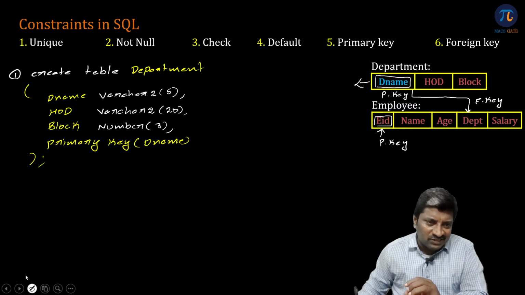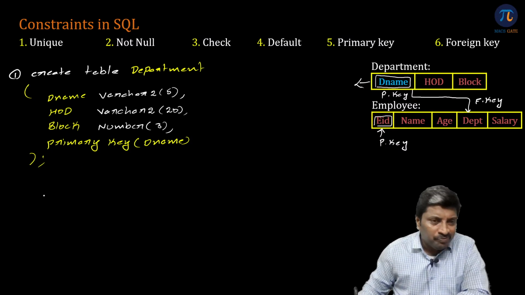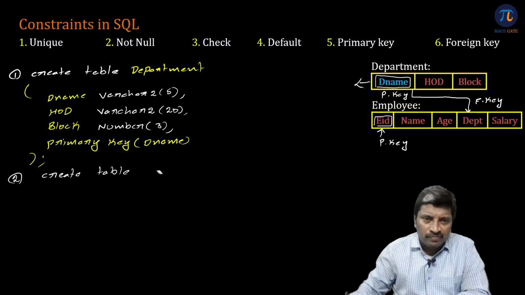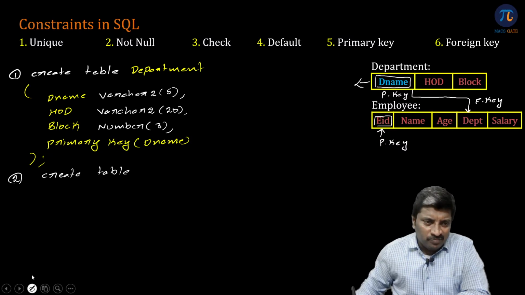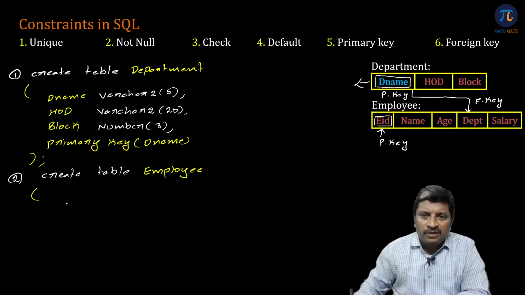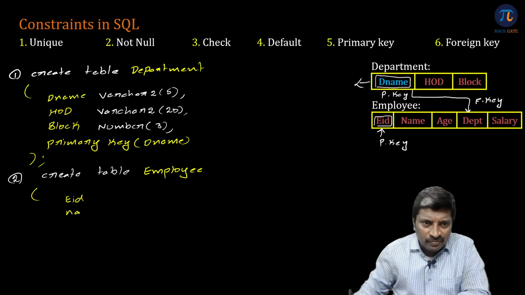Now I want to specify the second table with the foreign key also. Okay, let us consider it. Create table. Let me write like this, sir. Create table employee. Okay, what are the names, sir? Let me have it: EID, name, age, department,